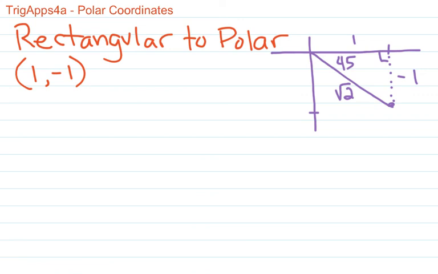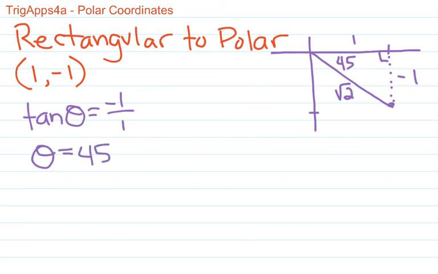So let's use the other formula, tangent theta. This is a mathematical truth here, is negative 1 over 1. So that means theta must be 45 degrees, or pi over 4. The best way to confirm that with a calculator, by the way, is to be in degree mode and punch that in second tangent of negative 1. So there we have it, done. That's our theta. Because what we're looking for is an r comma theta